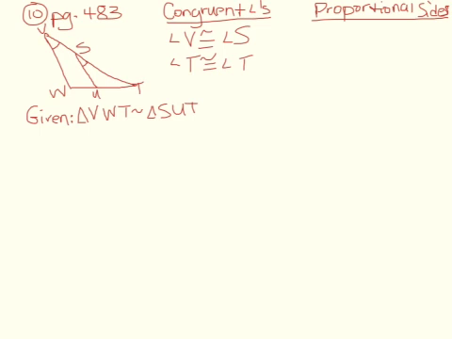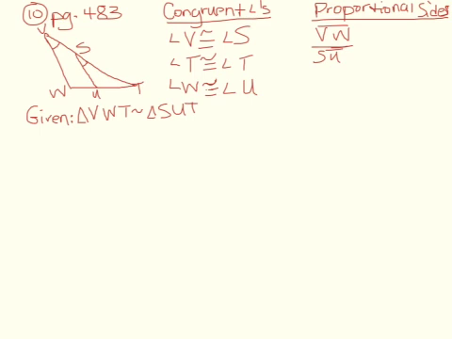And I also know that these two triangles share angle T, so those are congruent to each other. That's what makes the two triangles similar, because remember, the angle-angle theorem tells us that if two angles are congruent to each other, then the triangles are similar. And then the last angles that are congruent to each other are angle W and angle U. Now we know that if two angles are congruent to each other, that means the third angle has to be congruent too. The proportional sides are VW would be proportional to SU,